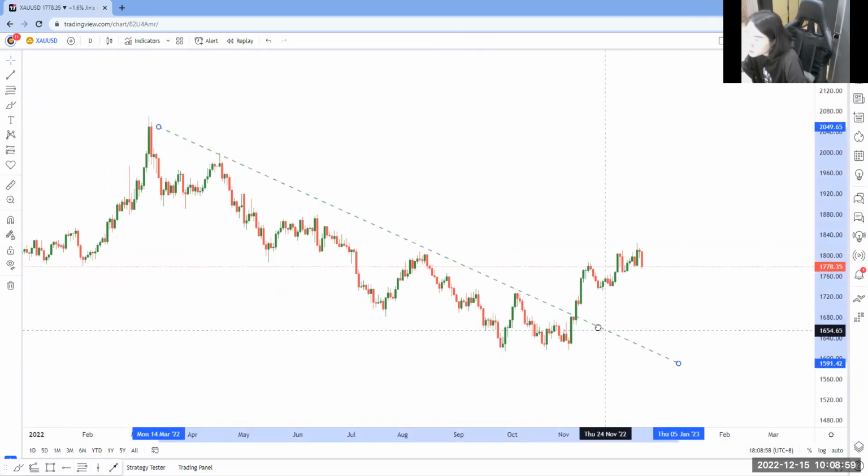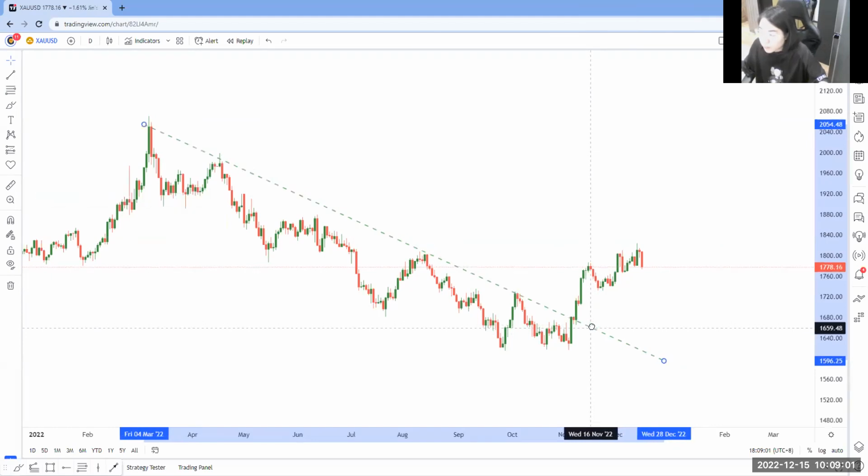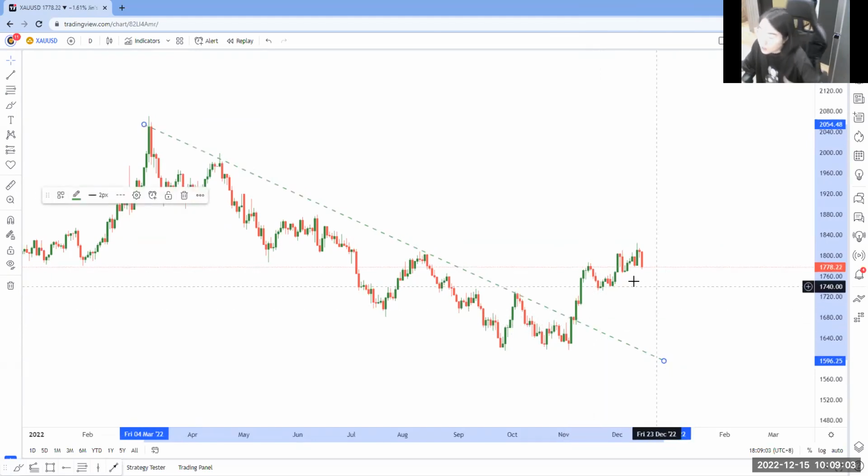So the thing about breakouts is that usually after a breakout, it doesn't matter if it's a horizontal breakout or a trend line breakout, usually, or more often than not,